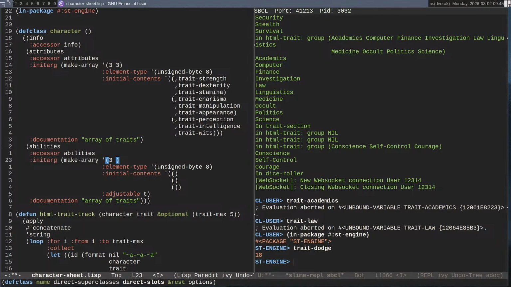I think it just doubles the size of the array if it needs to. I should double check that. Whereas this one won't do anything like that.